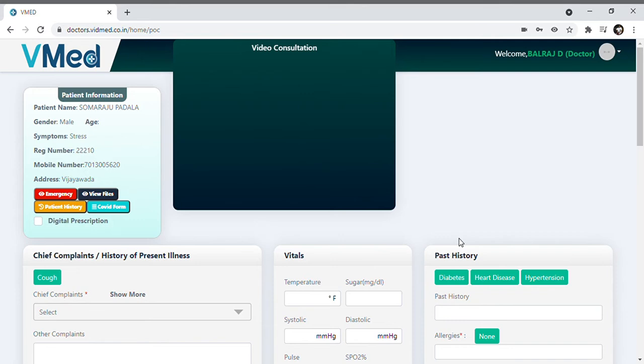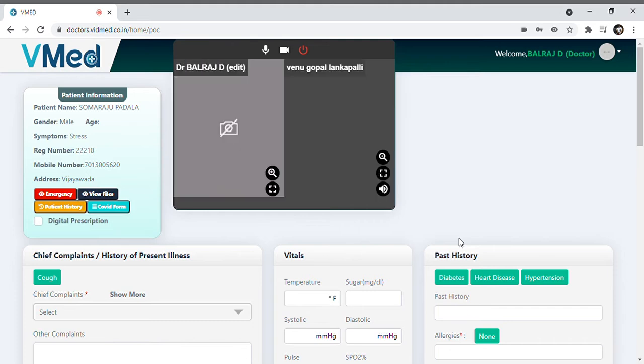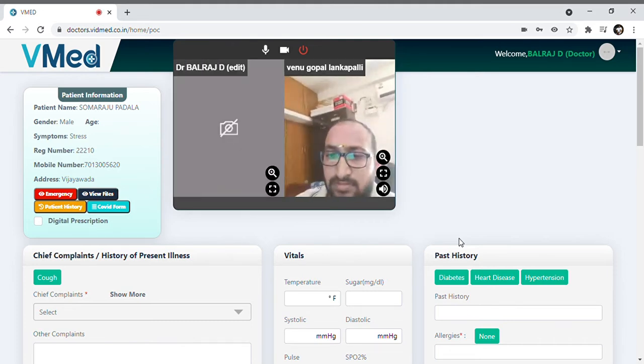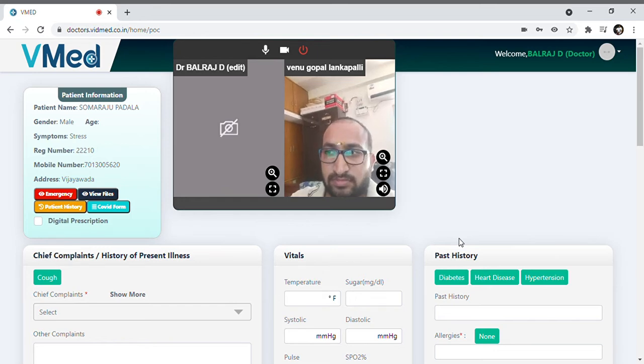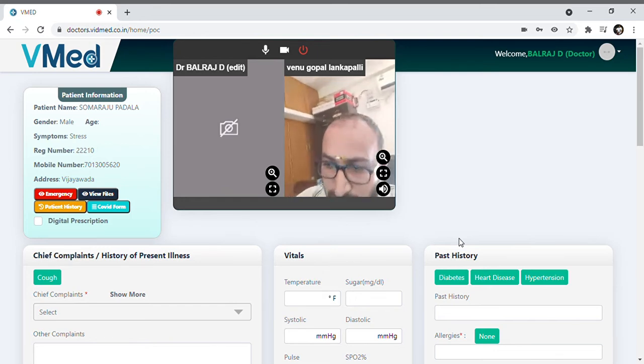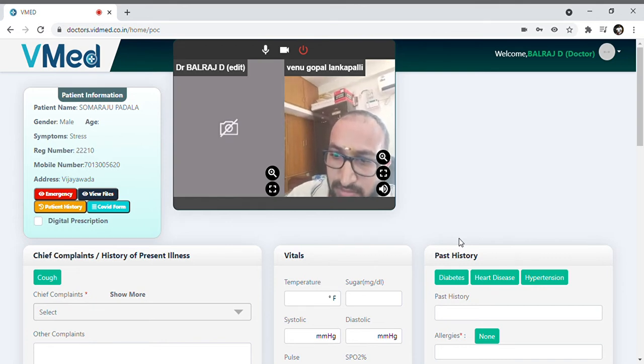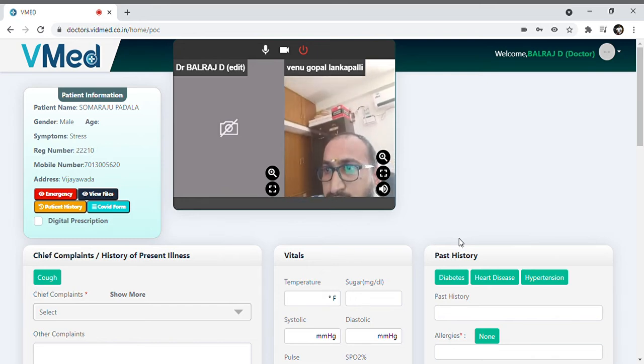This way we can see that the health worker has called on behalf of the patient, where the doctor can see all three videos in a single application. The doctor will be on the left side right now and the patient on the right side. Sorry, it is the health worker on the right side. Now the health worker is connecting the call to the patient through the SMS, so the health worker will be sending an SMS to the patient.